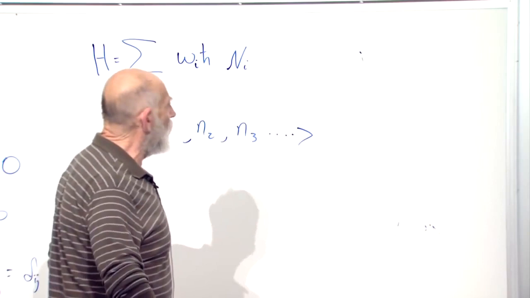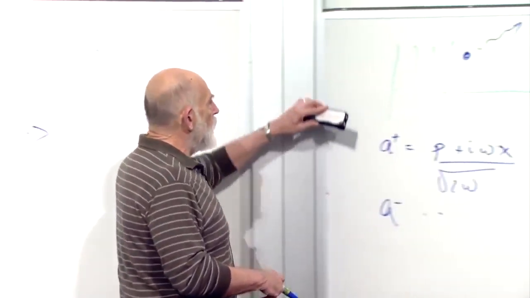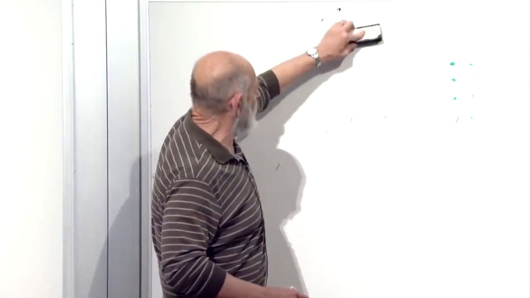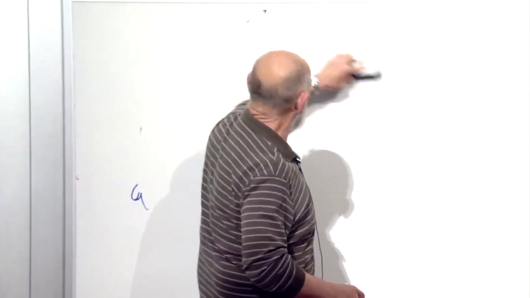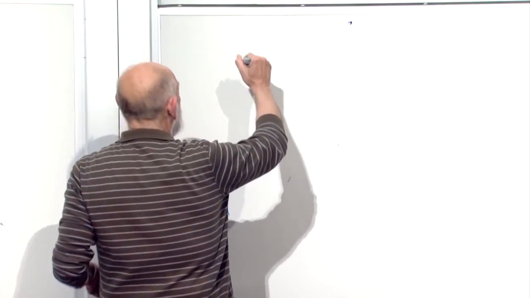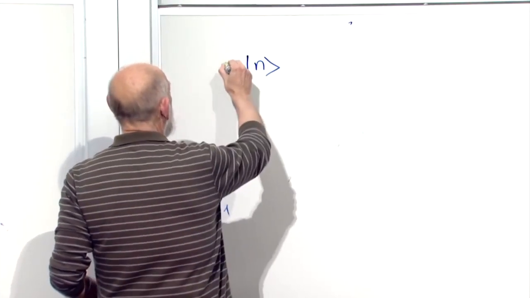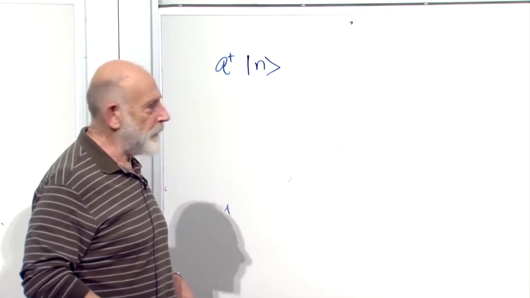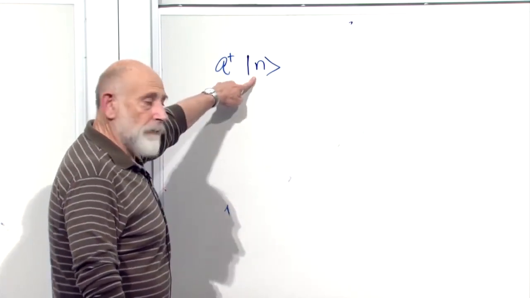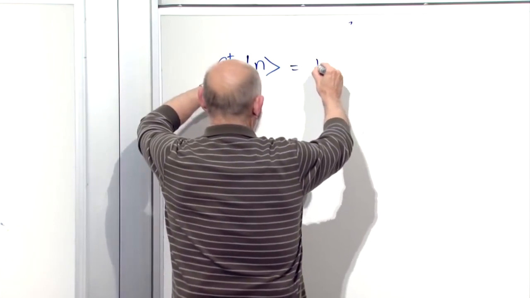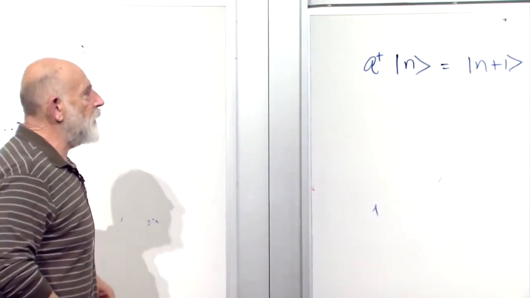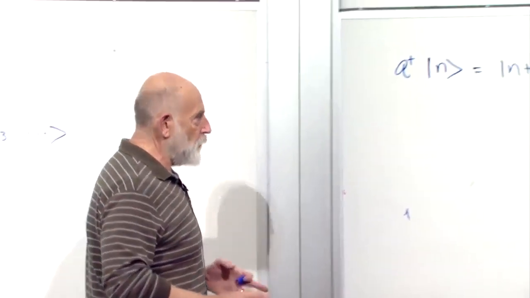Okay, let's come over to another blackboard over here. We're going to do a little more oscillator mathematics. I told you originally that if you act with the creation operator, you increase n by 1 unit. Well, that's not quite right. Not if we normalize the states in the usual way.